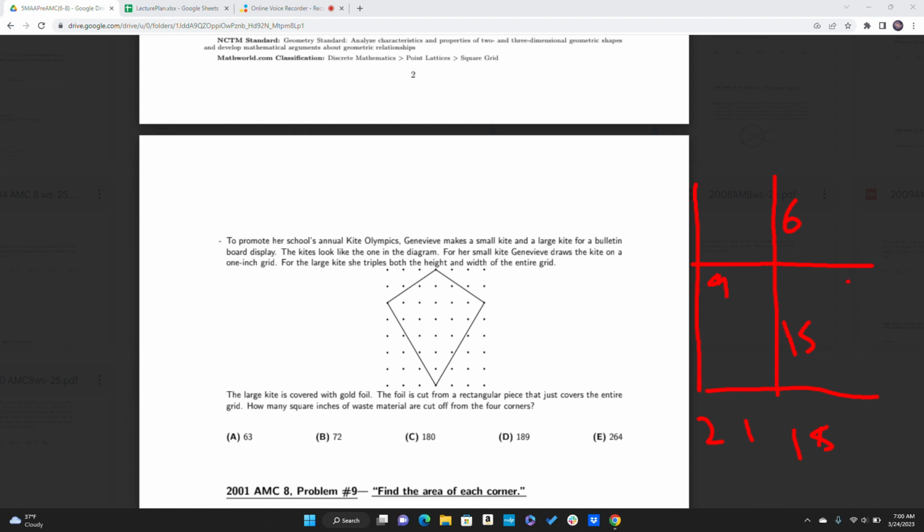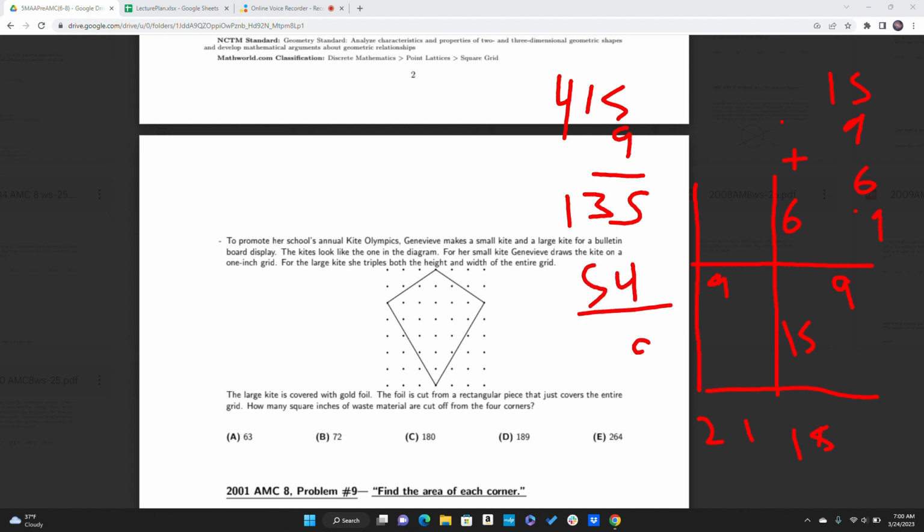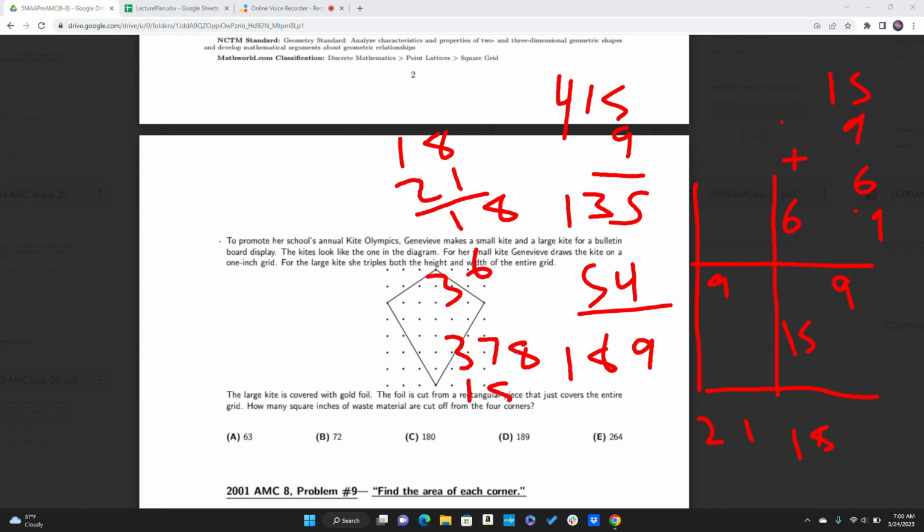And another width of 9. So we've got 15 times 9 plus 6 times 9. That's a little bit confusing to look at, but let's do 15 times 9 is 135, plus 6 times 9, which is 54. So those two together have area 189. So that's the area of her large kite, minus the area of the entire gold foil. So that's 21 times 18, which we can do. So that's 18 and 360, 378. So the entire area is 378 minus the 189